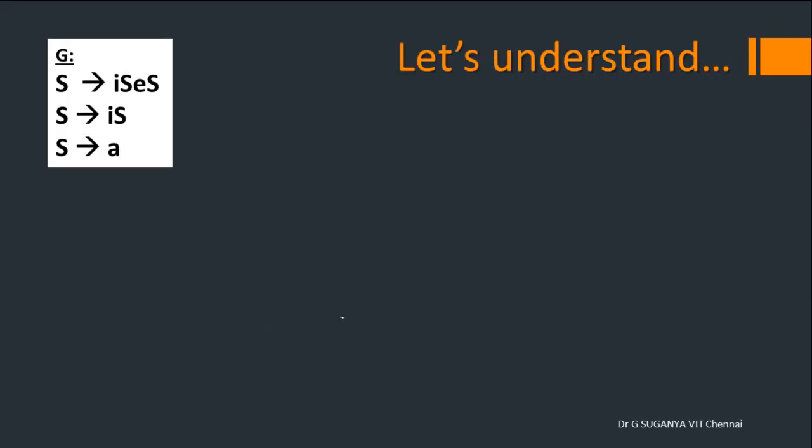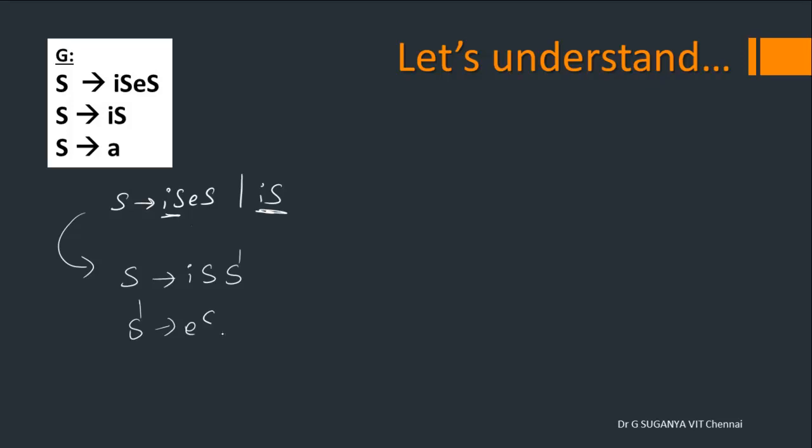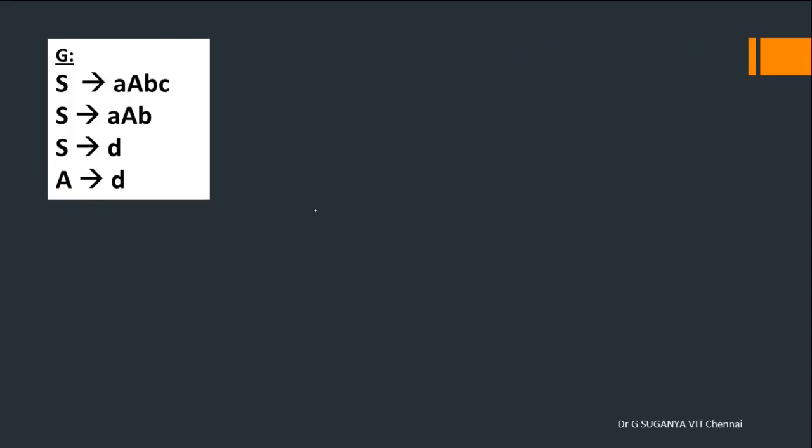Moving on, this is the given grammar. Look at the alternates of S. Actually, there are two productions with a common prefix. So S gives IS ES or IS. This is the common prefix, so it could be left factored like this. S gives IS followed by the introduction of a new non-terminal. When you want to create this production, this S dash should be ES, and when you want to make it this production, it should be epsilon. So that's how left factoring should go, and we will look at some more examples to understand it clearly.